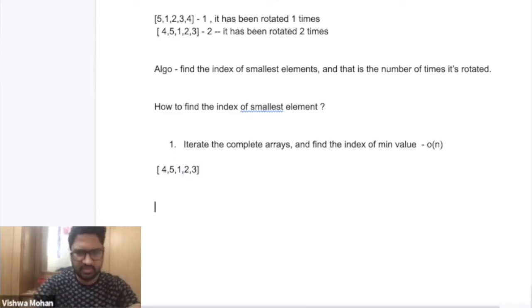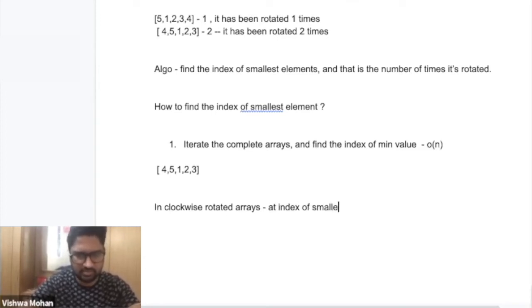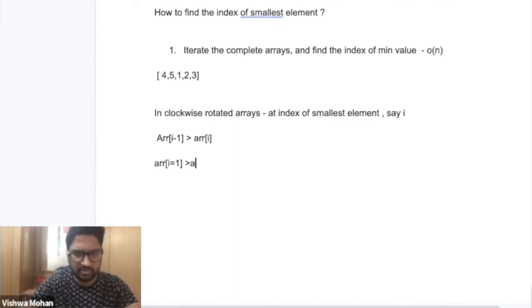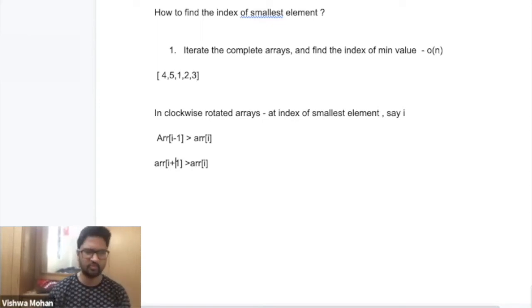So in a clockwise rotated array, at index I of the smallest element, array of I minus 1 will be greater than array of I, and array of I plus 1 will also be greater than array of I. So the smallest element's index will be the only index where you will find this condition, that both the left and the right are greater than it.